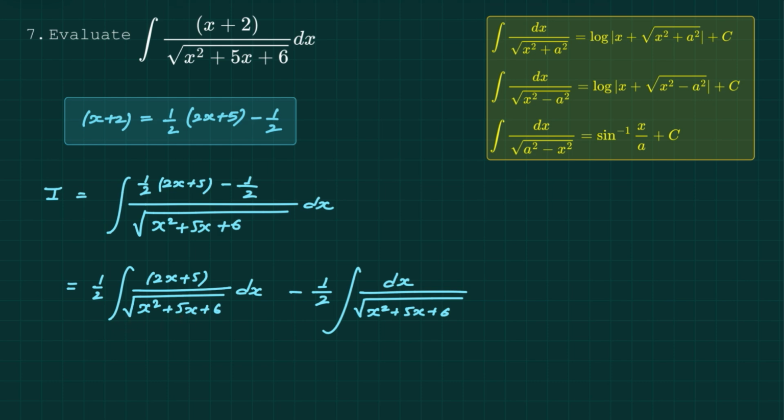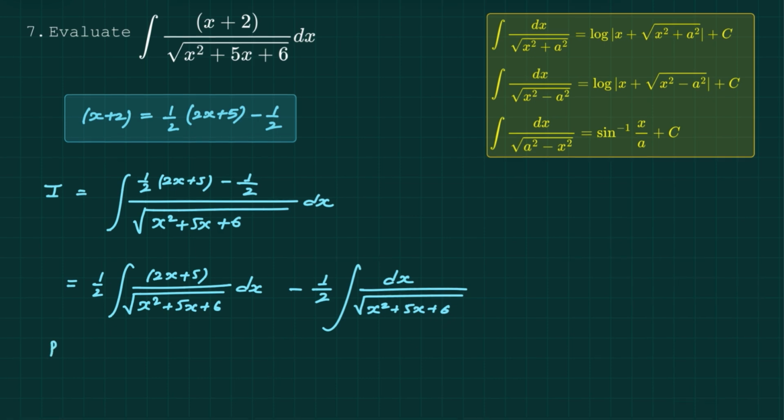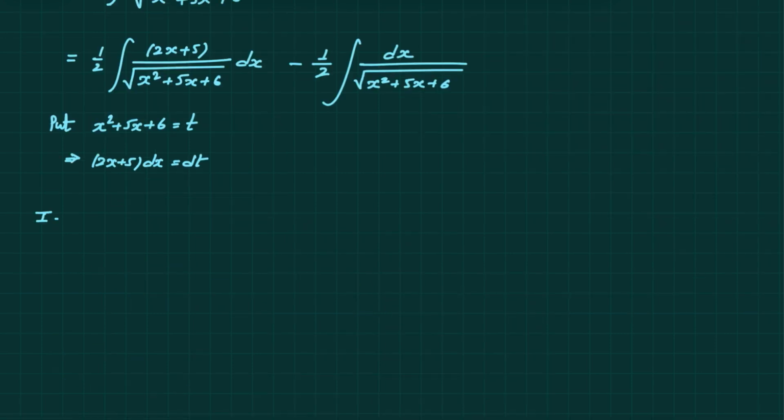So in the first part we will assume x square plus 5x plus 6 as t, and in the second part we will make this denominator the sum or difference of perfect squares. So for the first part, let us put x square plus 5x plus 6 equals t, which gives 2x plus 5 dx equals dt. So I equals half integration of dt over square root of t, minus the second integral